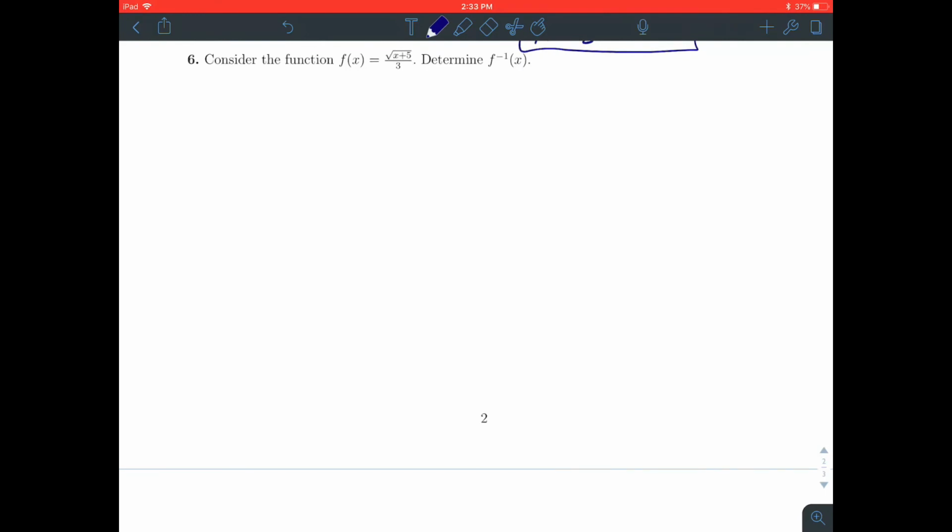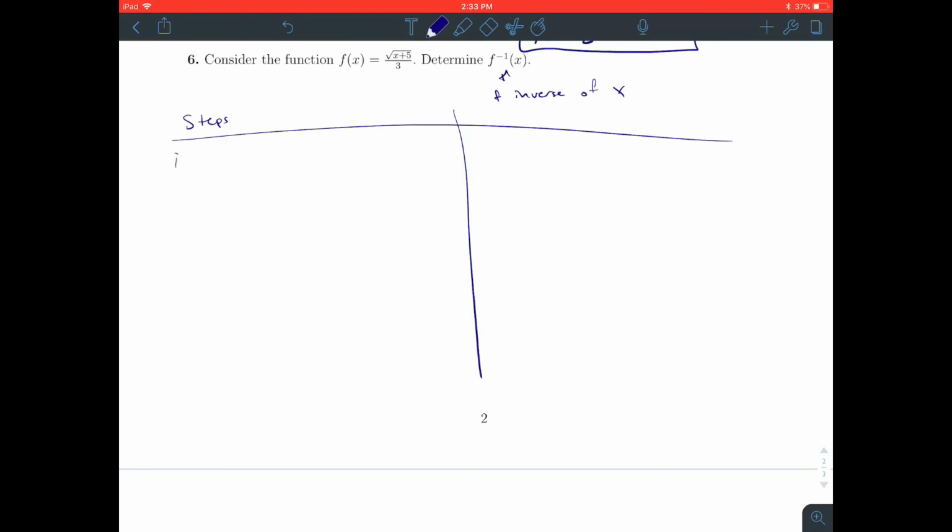All right, for problem 6, we have a throwback question. It says, consider the function f of x equals the square root of x plus 5 over 3, and we're trying to find f inverse of x. So we have a nice step-by-step procedure to do this, right? So what we'll do is we'll write our steps as we execute them. So steps. Step 1, replace f of x